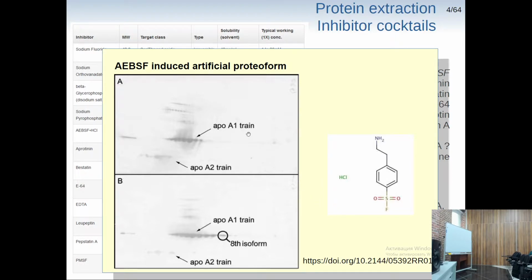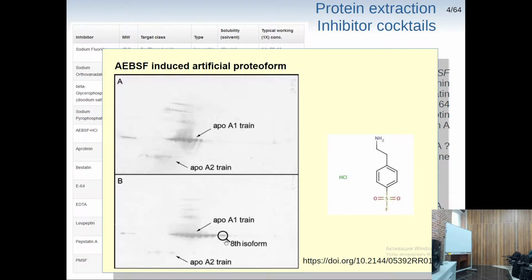And if you do isoelectric focusing of your proteins, you will get additional proteoforms which are not present in your sample. As you can see here, the upper protein has some 7 isoforms, and after using this inhibitor, you get 8 isoforms. Right, so pay attention to the